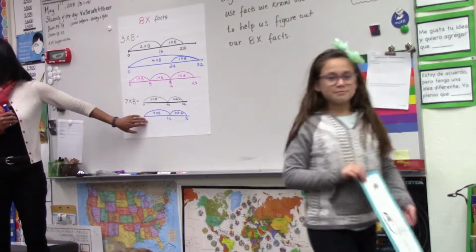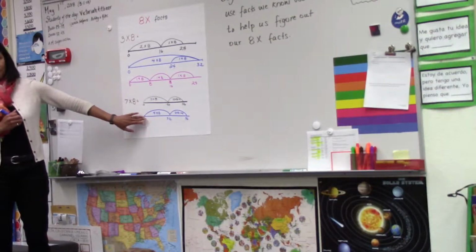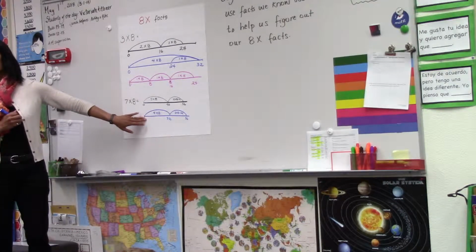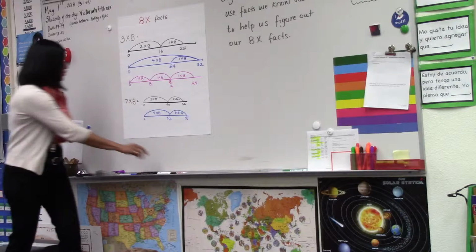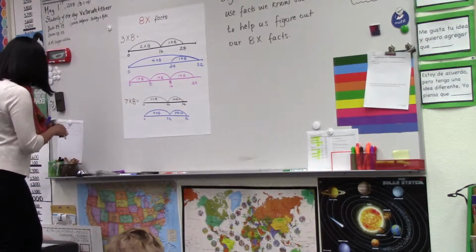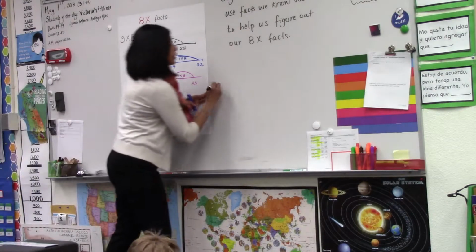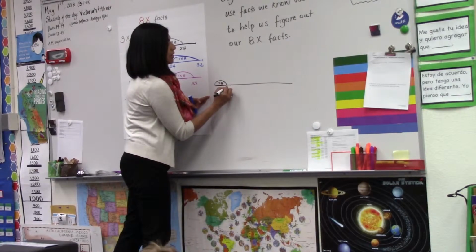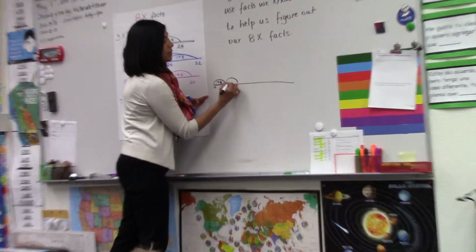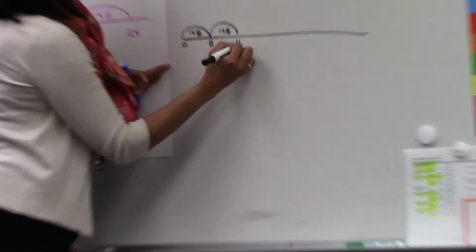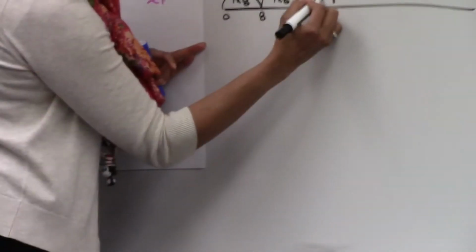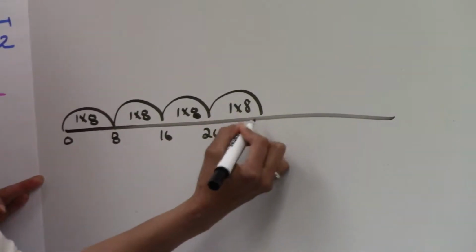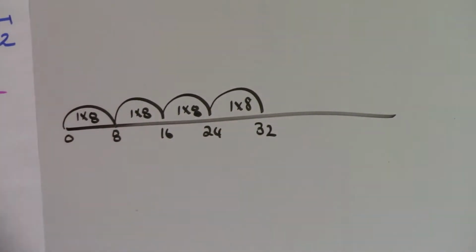Who did it the way Victoria did it? No? Just you? Jameson, did you do it that way too? Okay. All right. I noticed some students were doing this, and I want you to tell me what you think about this. 1 times 8 times 1 times 8 times 1 times 8 times 1 times 8. How many times am I going to do that? 7. Okay,